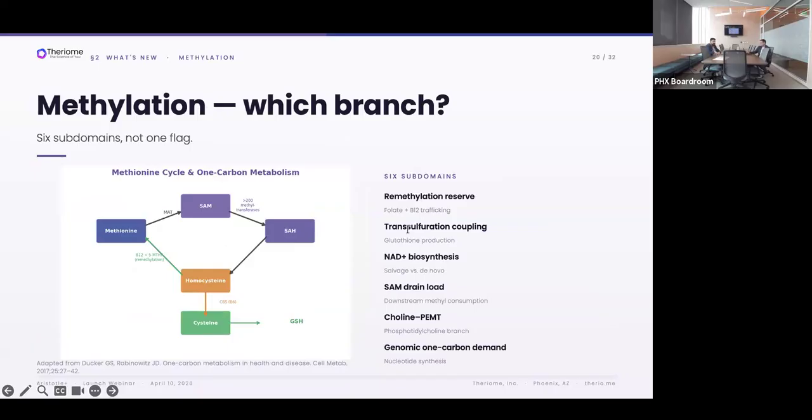Methylation used to sit inside 4 various domains: aging, inflammation, environmental toxins, and mutational load. Now it's a full standalone domain with 6 subdomains present on that page. The biggest practical change is this. Instead of getting a flag that says methylation is impaired, you now get a precise readout of which branch is